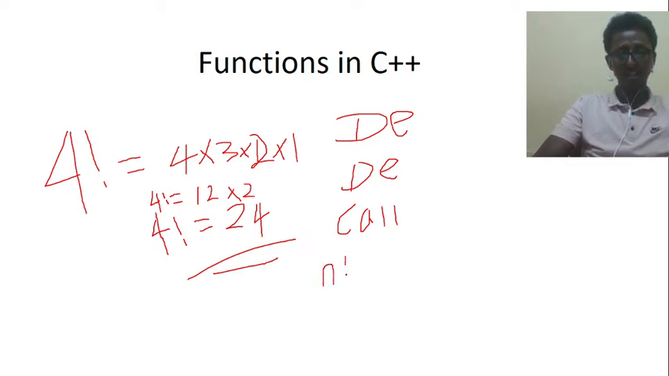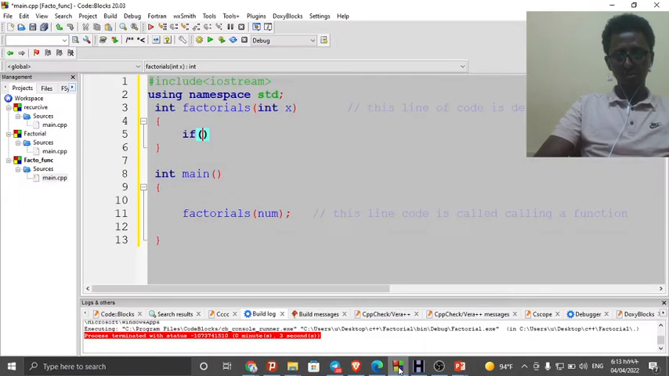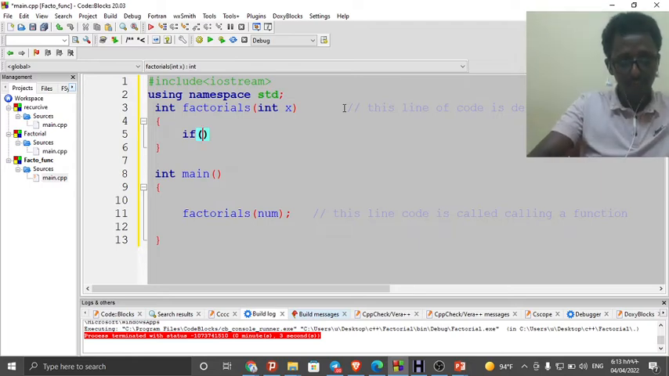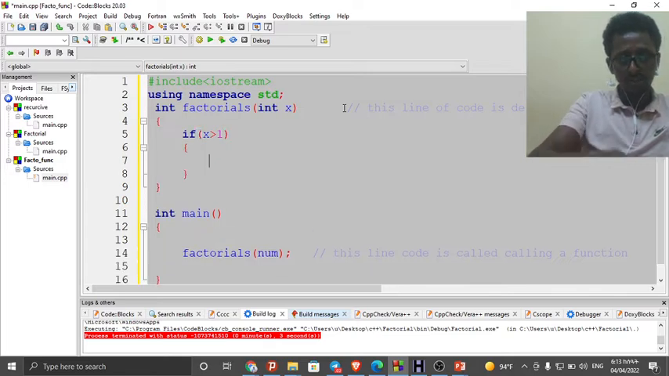Factorial of n is equal to n times factorial of n minus 1. This is the general formula for how to calculate the factorial of a given number. So we apply this using the C++ programming language. Good. Just inside the code block we write this code: if the value of x is greater than 1,